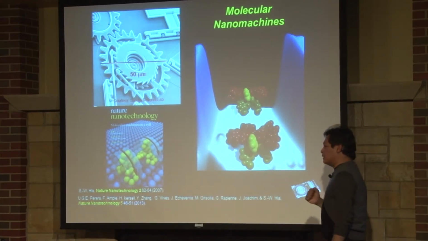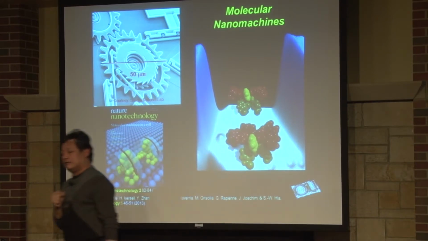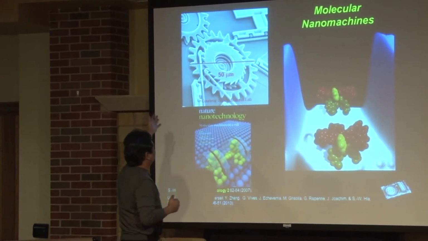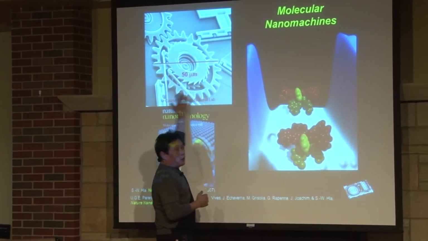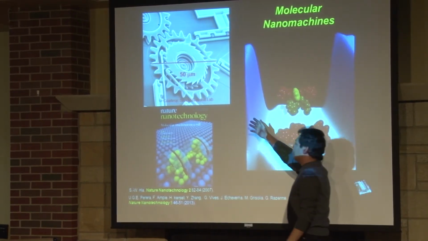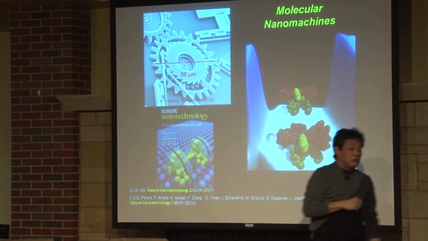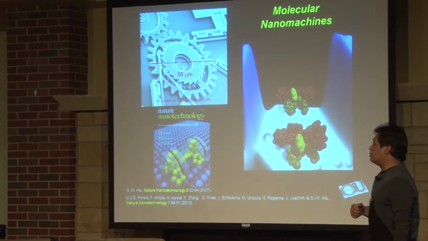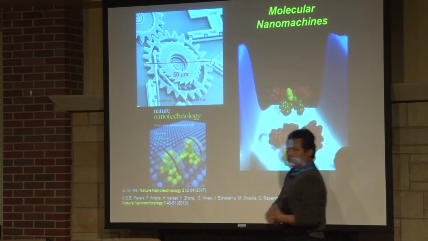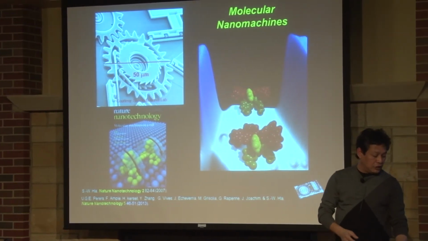So I want to show you something about mechanical engineering. How small can you build a machine? Well, here it is. I borrowed this from the web. This is from Sandia National Lab, and this is not small for us. This is 50 micrometers, so it's about 50,000 times larger than the scale we used to work at. So this is not the real one. We work on very small machines.